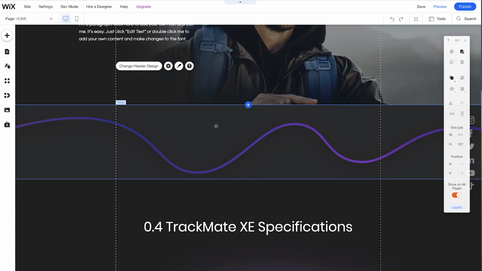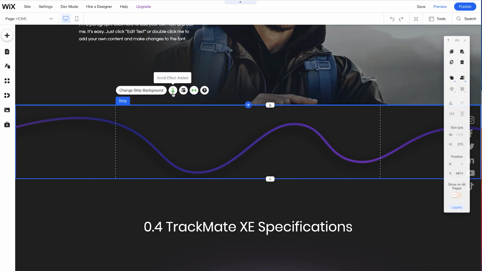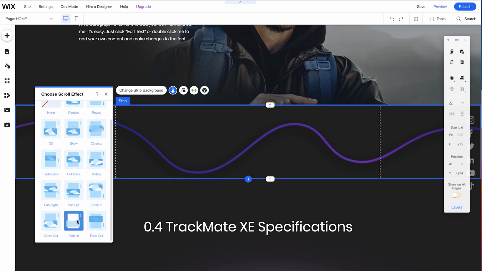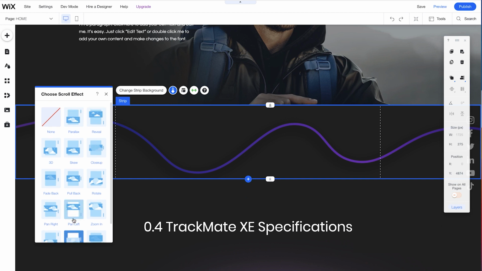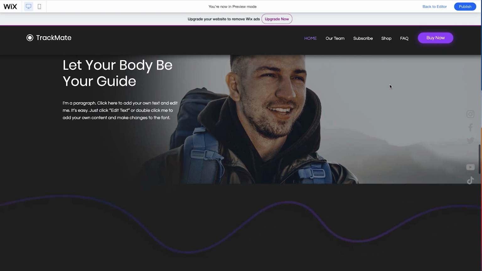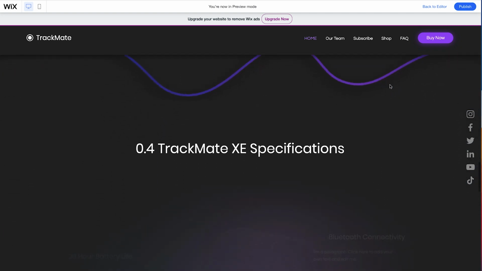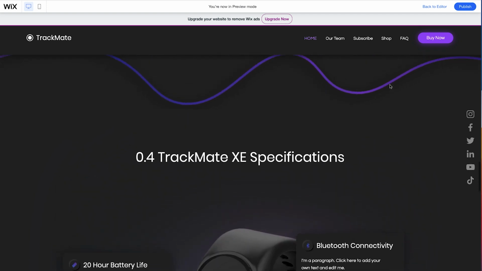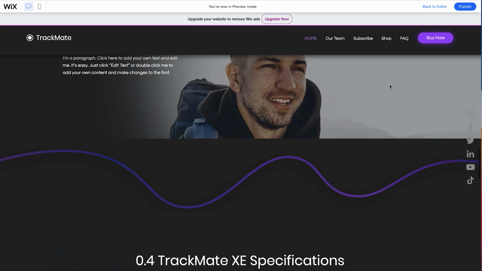In this case, we're going to choose this strip. So let's go to scroll effects. We can see that the fade in is already added. So let's go to preview and see how that looks. So you can see when we scroll, it's faded and it becomes brighter and brighter as we scroll. And it works opposite ways. So you can see it's bright, and as we scroll up, it gets darker. I think that's a nice and subtle way to add that little bit of interest to your site.